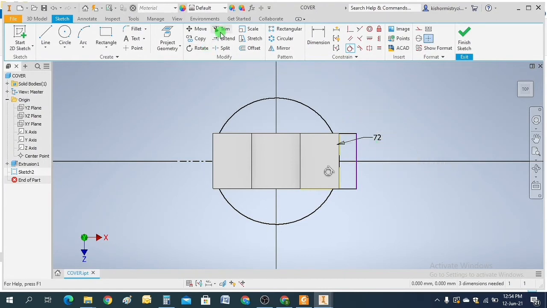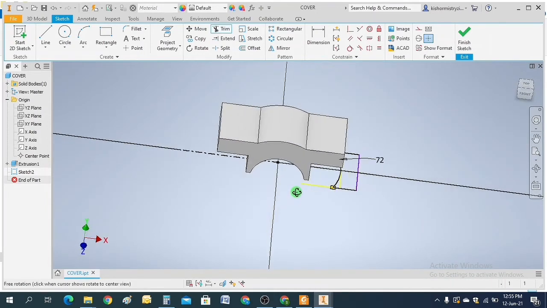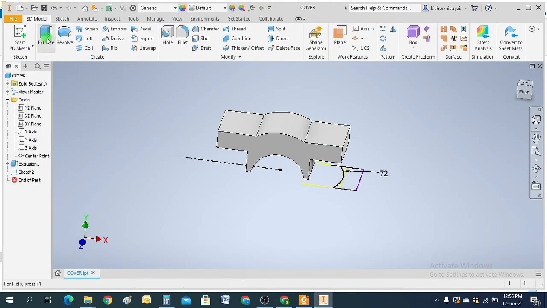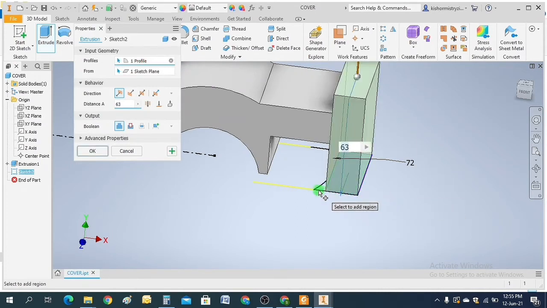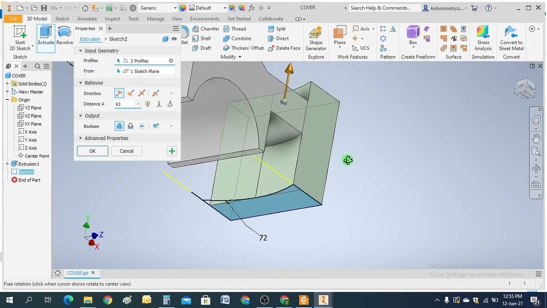Okay, now trim the external portions. Now you can see your sketch has been created. Finish sketch, go to extrude, click the profiles, close profiles.